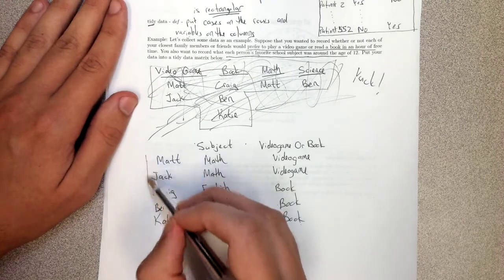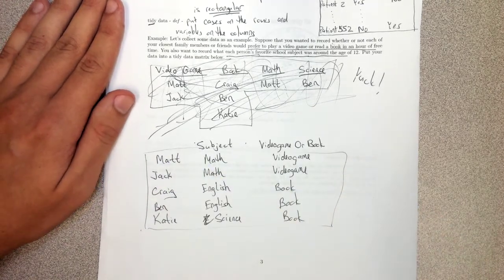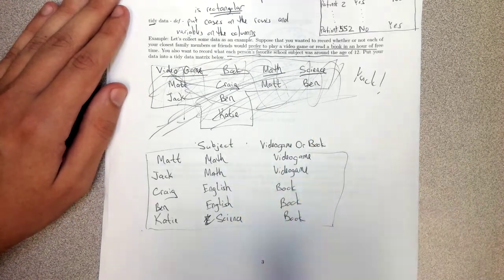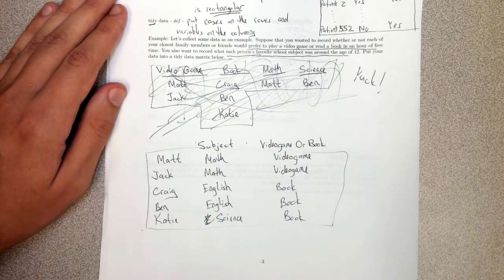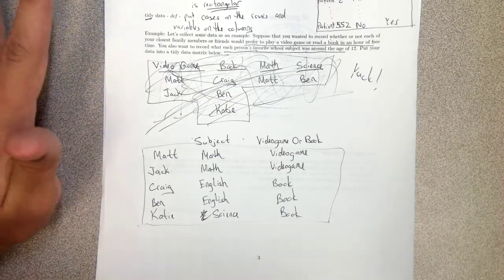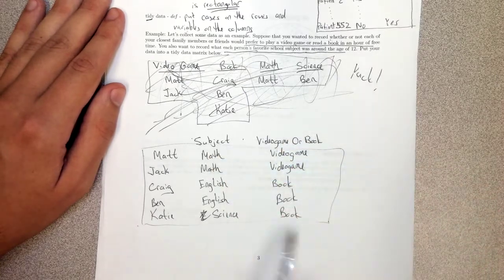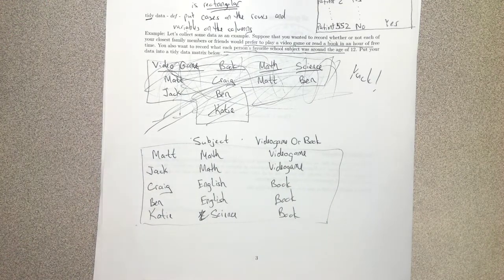And so see, now this is nice and rectangular. Later when we use software, most of the data that we'll use will already be in this format, because that's what statistical software likes. I know some of you might already be familiar with Excel, which is statistical software-ish. Even Excel would almost always prefer the data to be in this format as opposed to this. Okay, and so that rounds out how we're going to organize data. Next time we will start talking about different ways to collect data and some advantages and disadvantages associated with